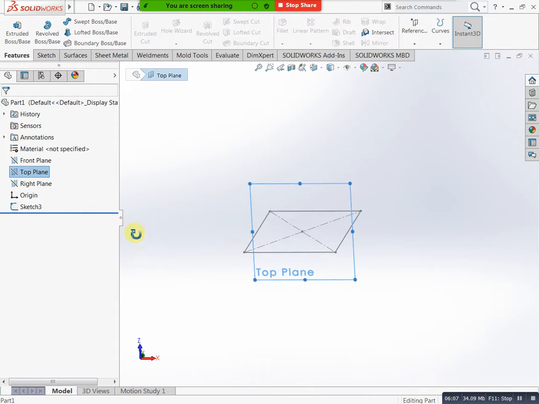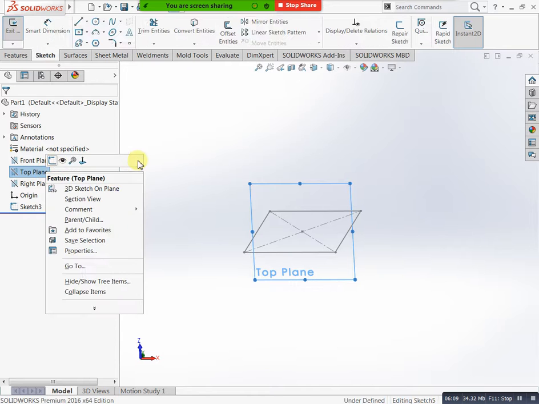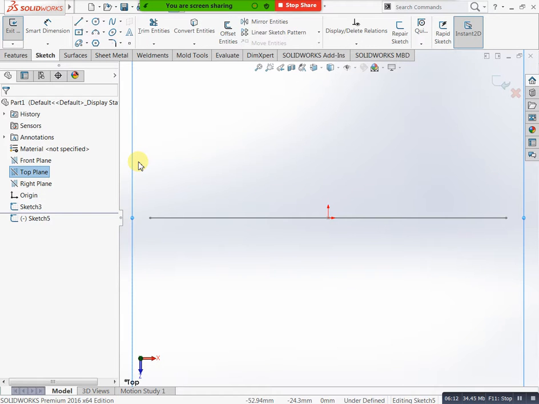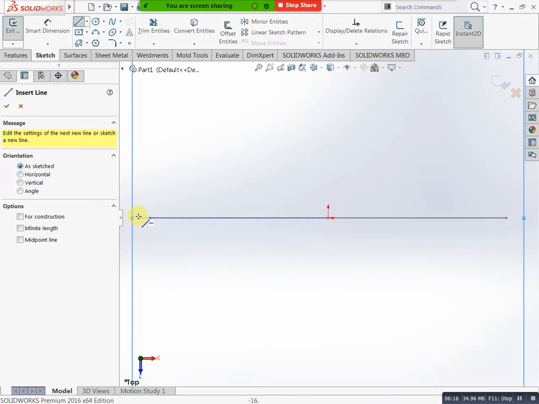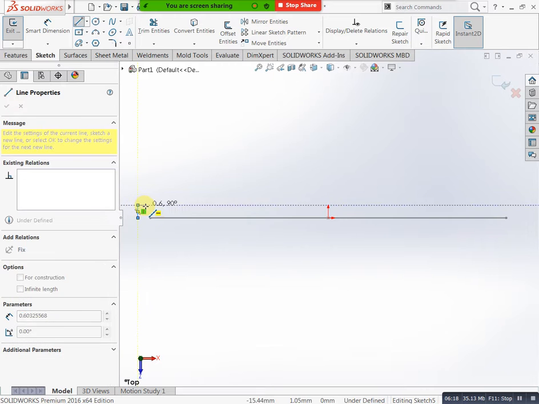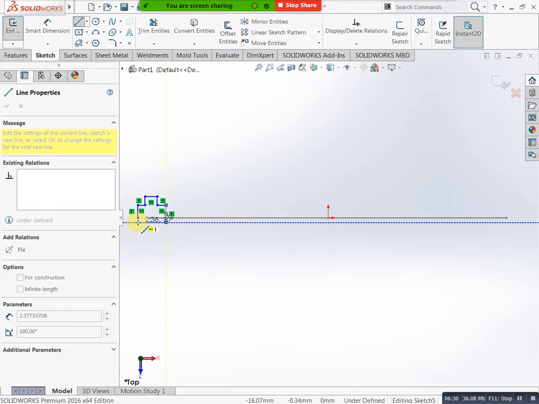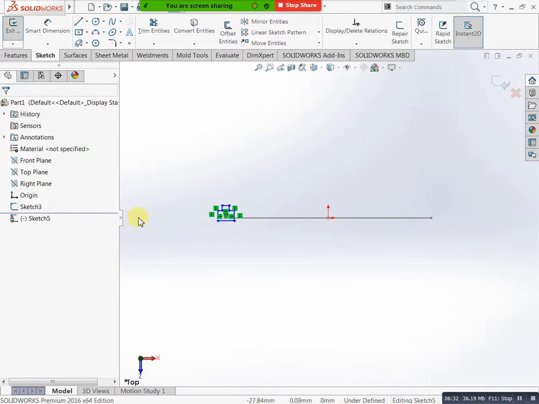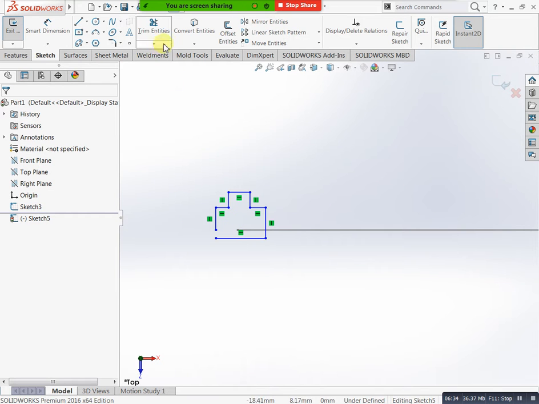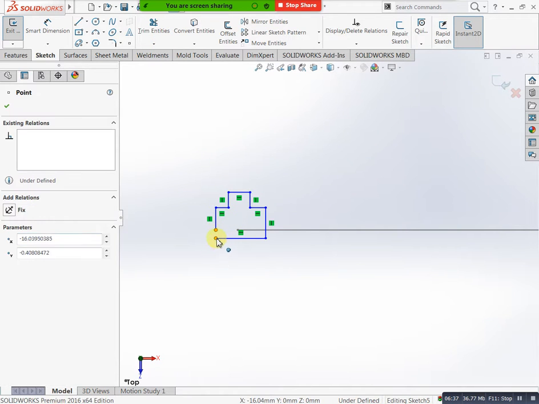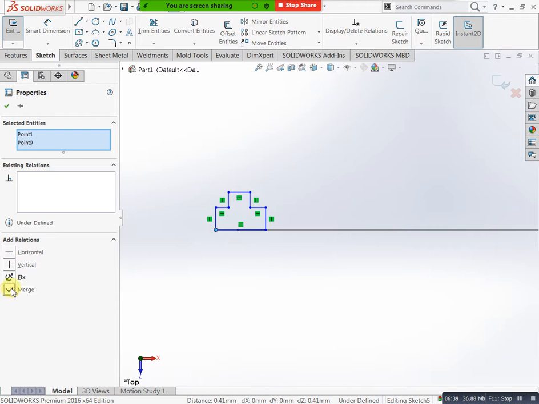Now you can draw your profile. Now you can select this point and this point and do merge. Select this one first and this one second, and do merge directly. Then you can do finish.